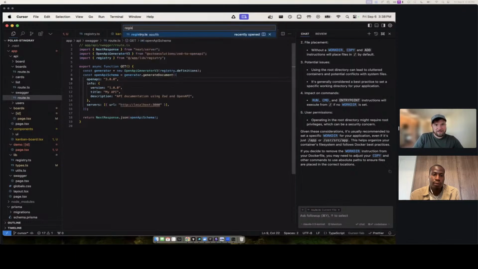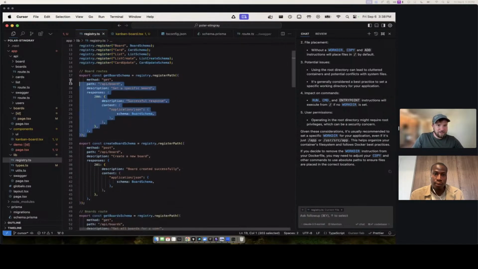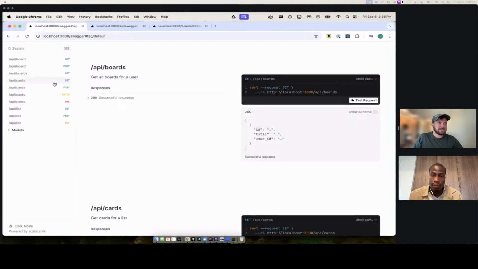So in that registry, working fully backwards, we have a registry where we import those Zod schemas that I was talking about. We can define the routes here, and from there, it creates that API documentation, which is kind of annoying because that's a couple extra steps. You have your Prisma schema, and then you create Zod schemas, and then types off of that, and then you're creating this route registry information. And you do all of that to be able to get this nice documentation.